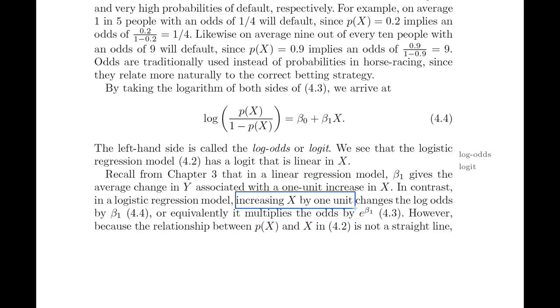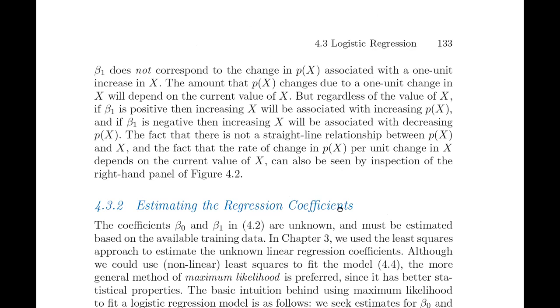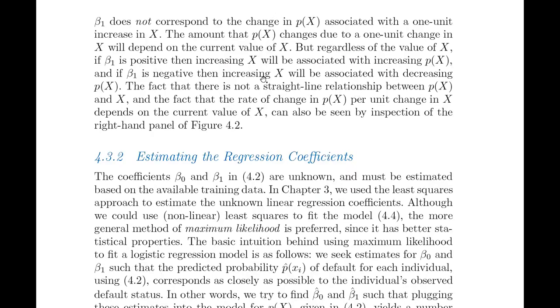Increasing x by 1 unit, whatever the value is of x, whatever the balance is, so $5,000 balance, increases the log odds by beta 1. So it's that linear relationship, right? And this is everything. The book does tend to repeat at times, and I think we can safely move on